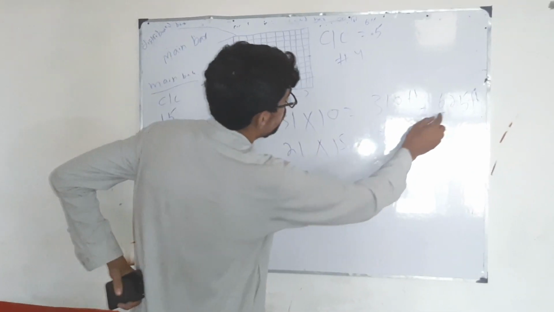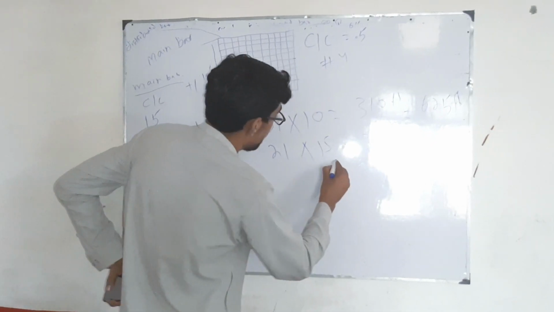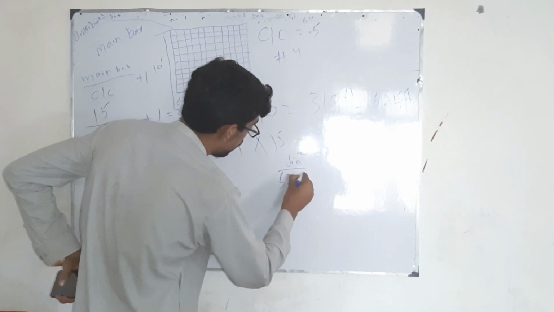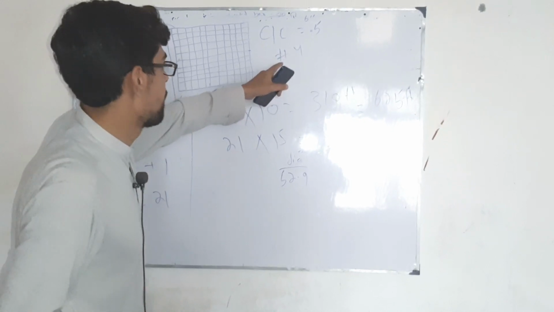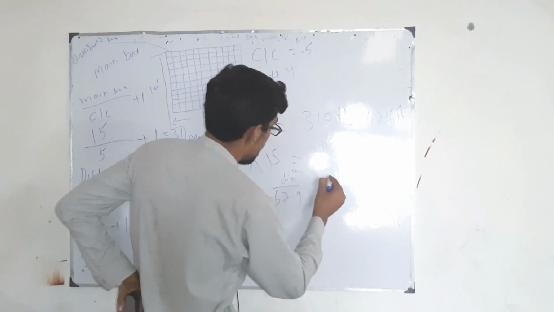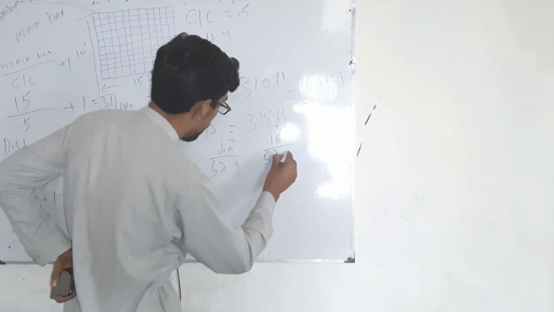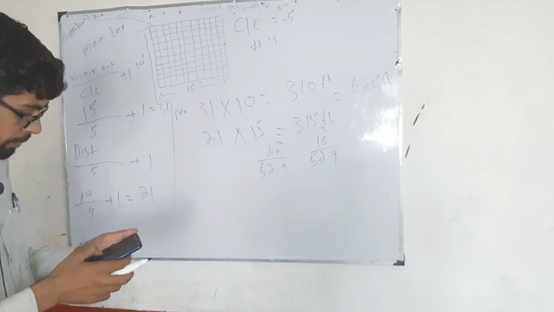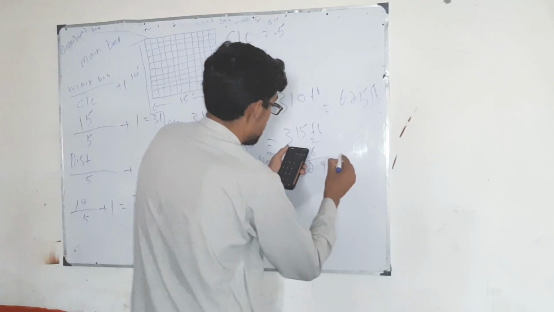Now I would like to convert it into kg. For that we have the formula d squared divided by 52.9. It is an approved formula. Here d means the diameter of the steel, which is grade 40 steel with us. I take d as 16, so it is 16 squared divided by 52.9. So it makes